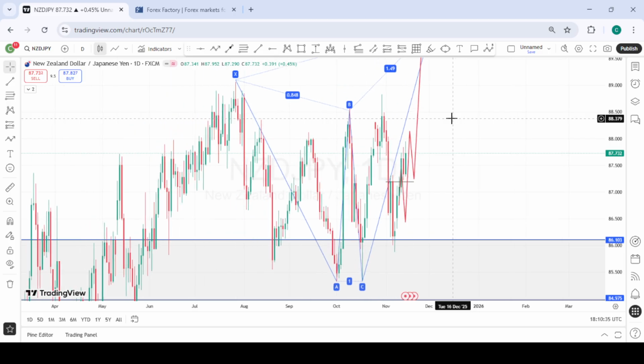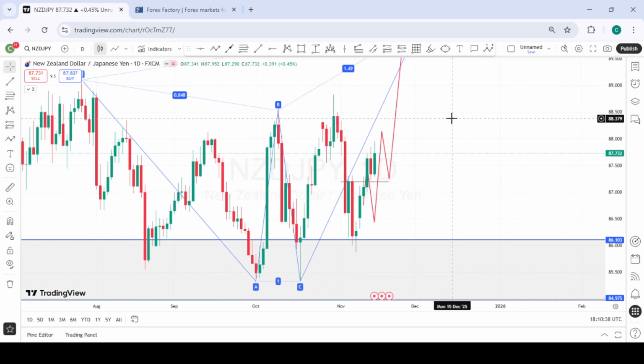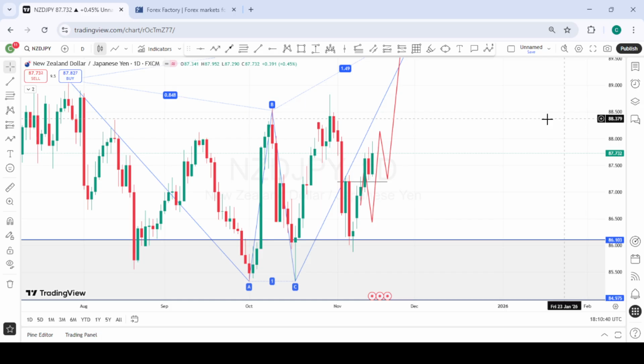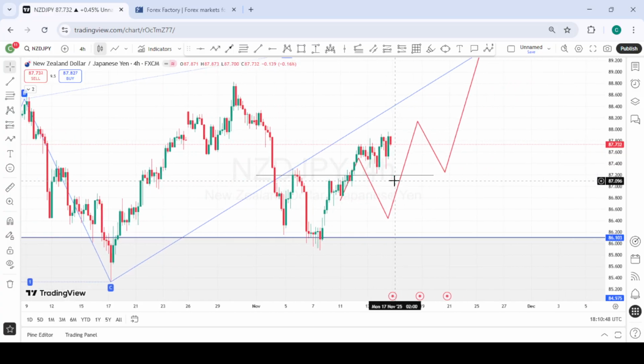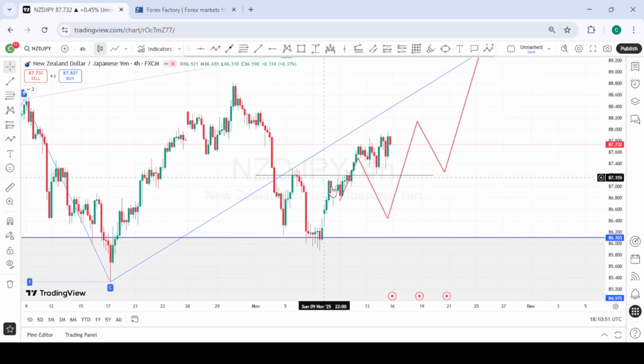We had this setup on NZDJPY, where we anticipated the price was going to shift this daily structure and come for a pullback and give us a buying opportunity to the upside. Price has actually shifted this structural point. So for the coming week, we'll be anticipating a pullback